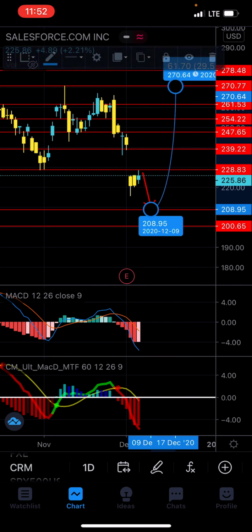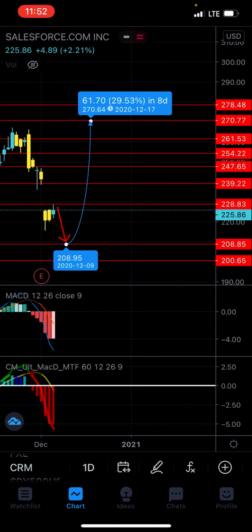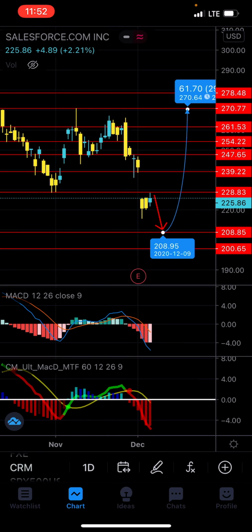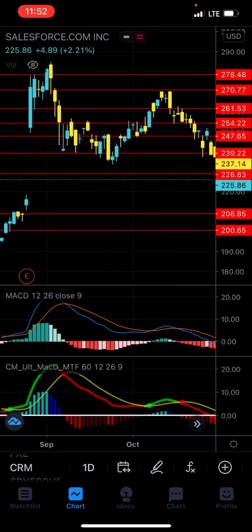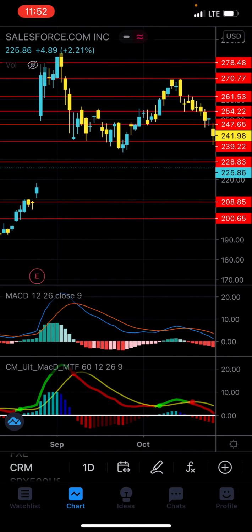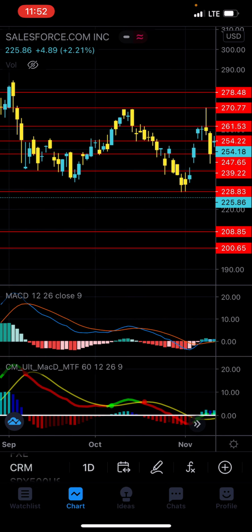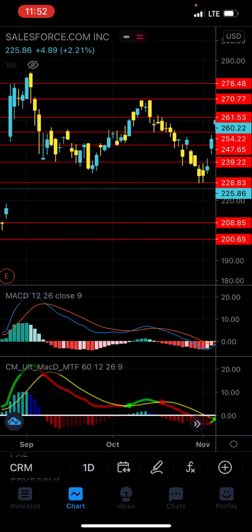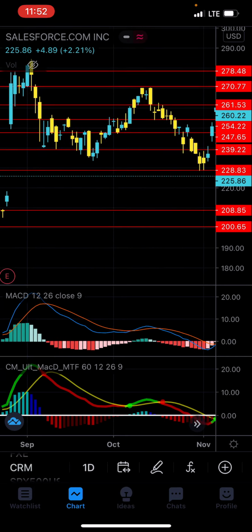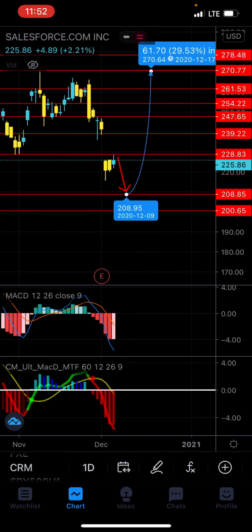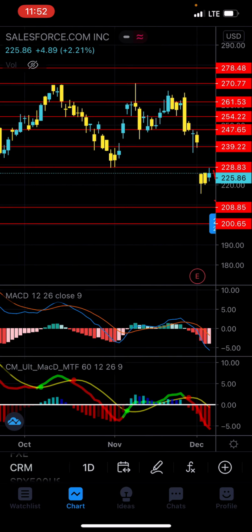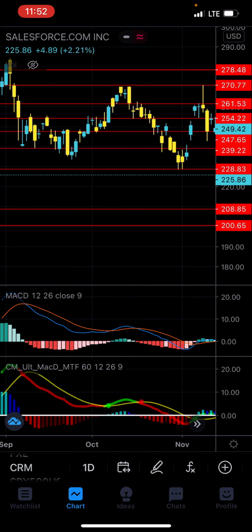That's a 60 point move, a little bit higher, but that's a 30% gain. So if you're swing trading about $10,000, that's a $3,000 gain. And usually, let me see how long it took for us to hit this jump. Last time for this jump to hit, it actually took about a week. On average, I think if we were to hit this level over here, and we were to retest 208 and then go back,